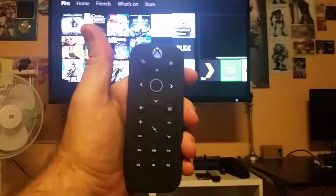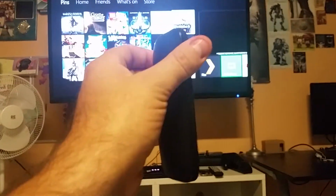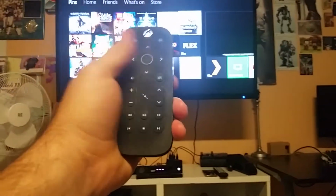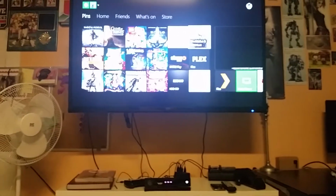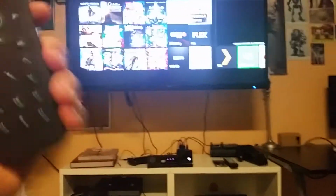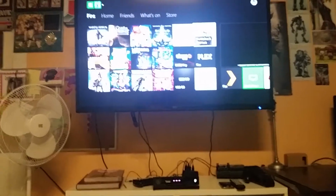And so I'm actually using now this little remote to just sort of navigate. I love this little remote. It's like a little television remote, tiny, you know, very easy to use, quick, to the point. If I had the Xbox connected to my cable television box, I could use this for the actual television, which I have used before, but I recently got rid of cable